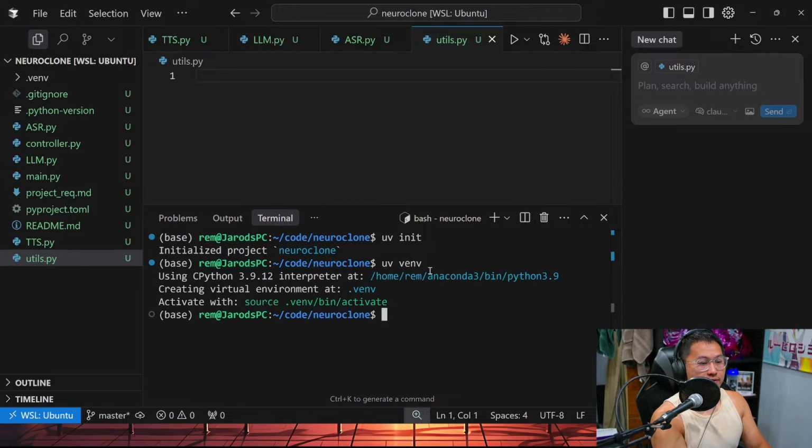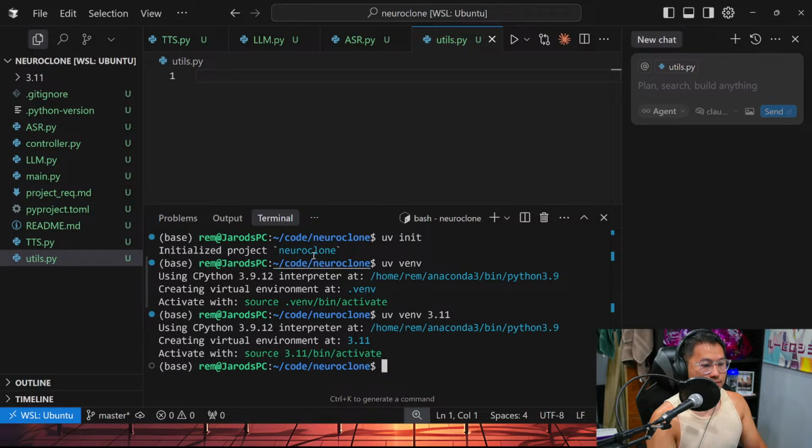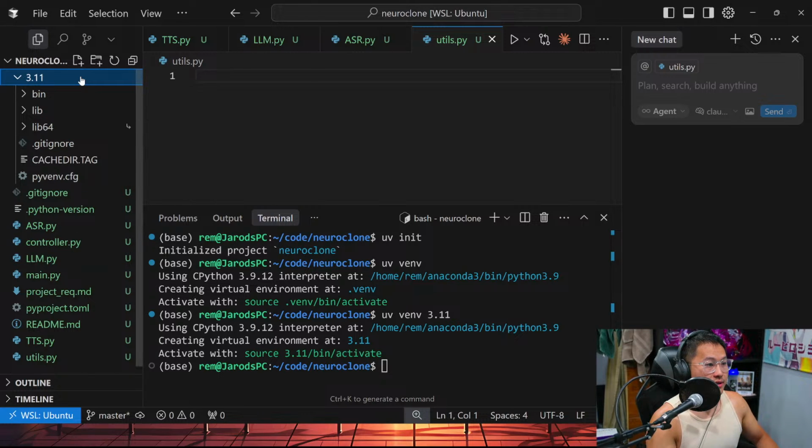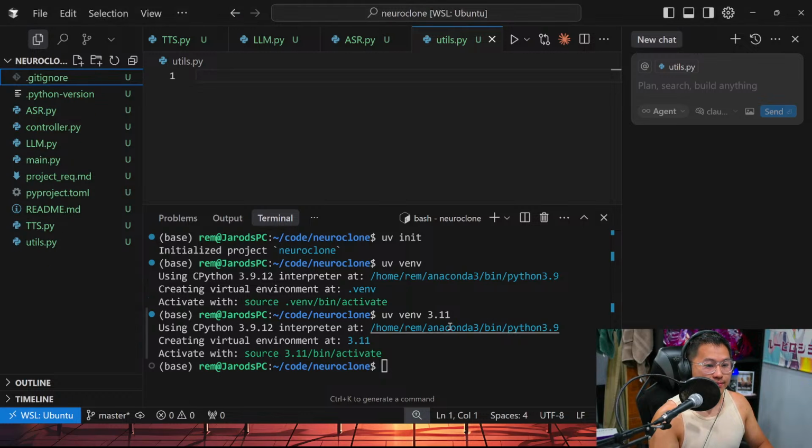Is it uv venv? There, we'll remove that. I want to do uv venv with Python 3.11. Shoot, hold on.